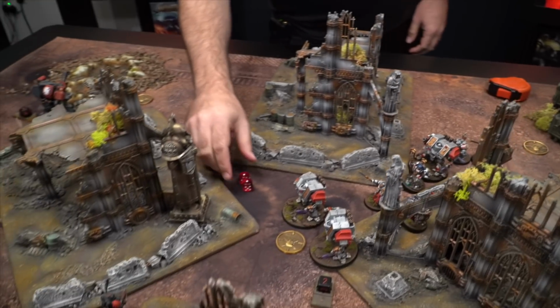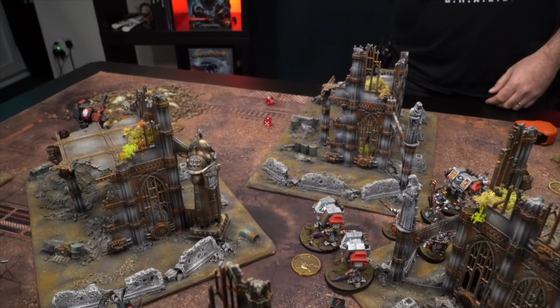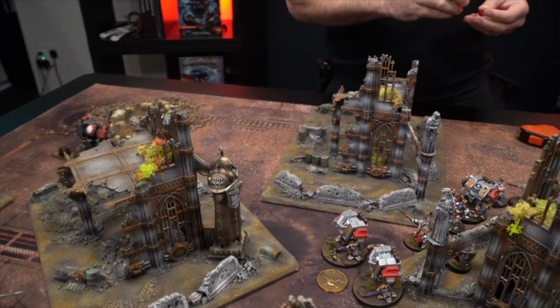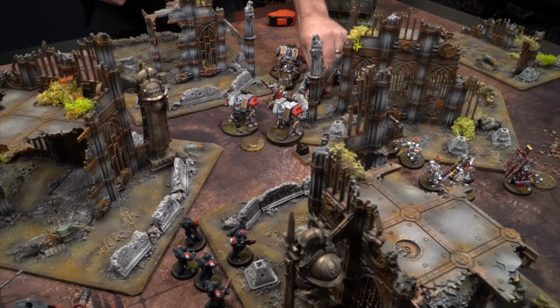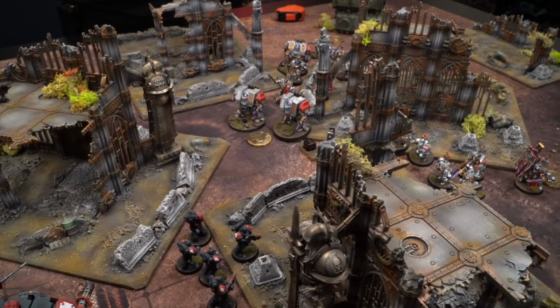No, that doesn't go off. No Anti-perils. Okay, how many? He takes 2. 2 mortal wounds on himself. Fair enough. Second. Okay. All right, then we'll go over to the